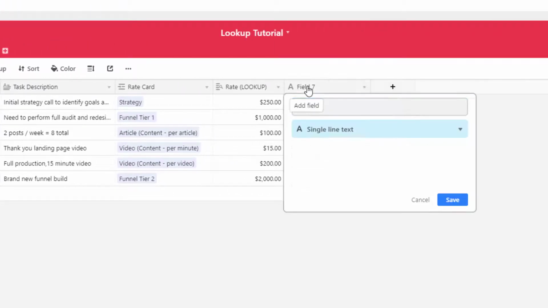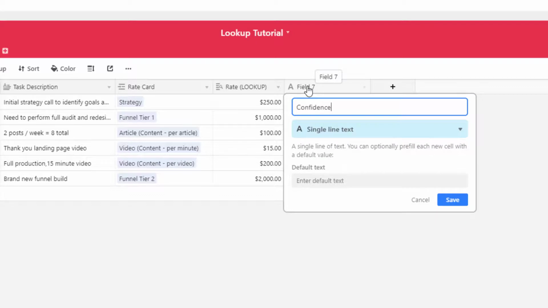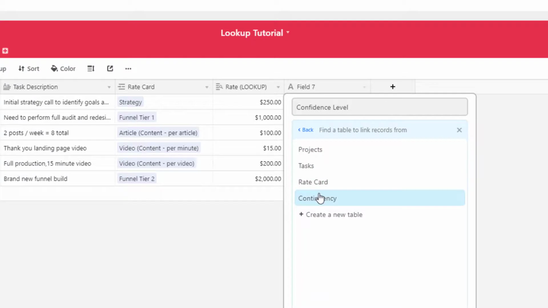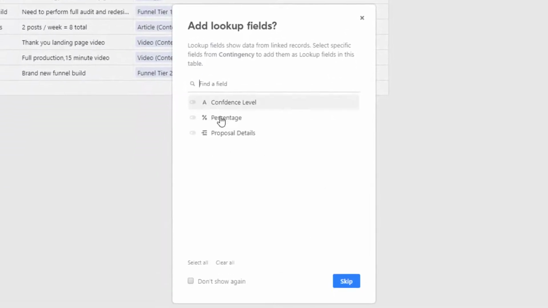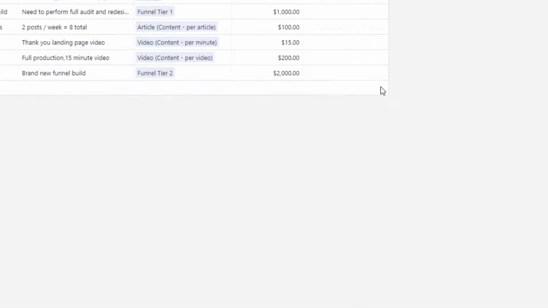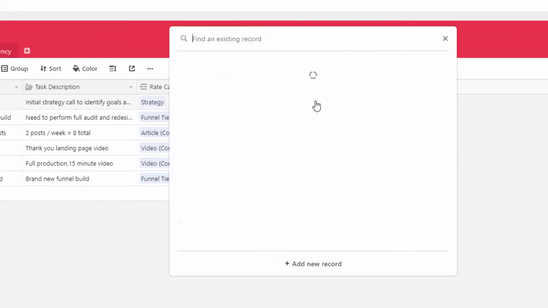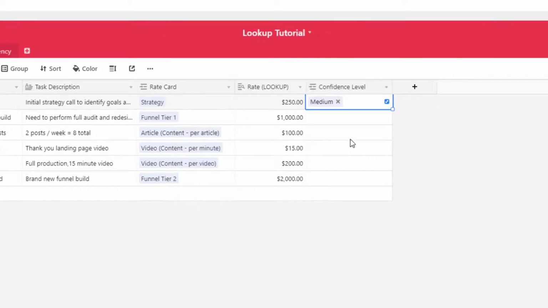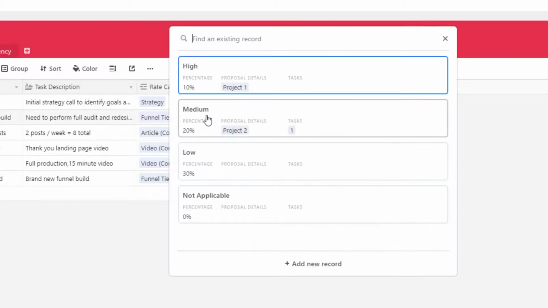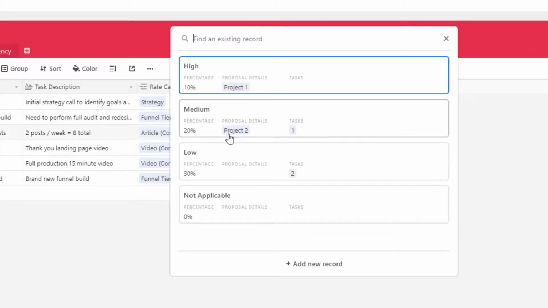So we're going to go ahead and create a confidence level field where we're going to do a relationship with contingency and allow only a one-to-one relationship. So now I'm going to skip this because we're going to do this manually so we can learn. And then we're going to go ahead and add our different contingency levels. Now let's go ahead and pick a few random ones. I'm going to pick low, low,